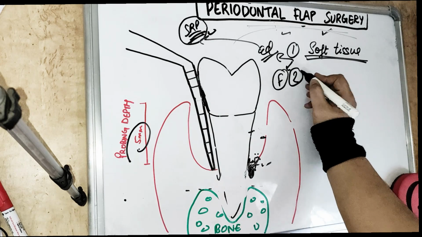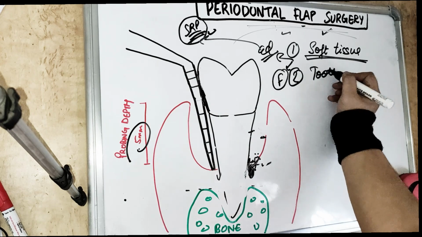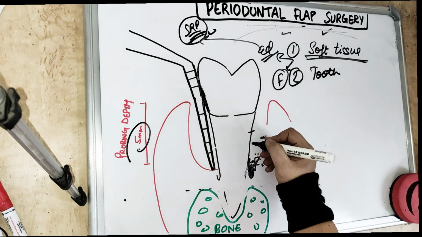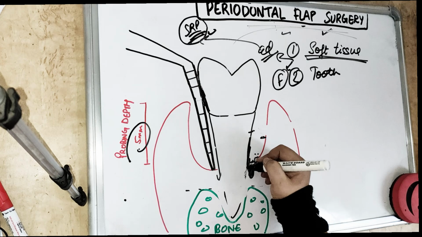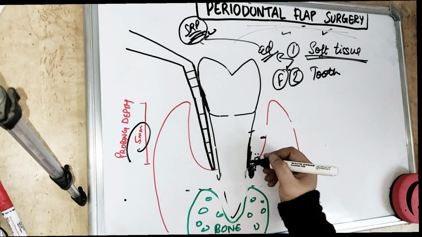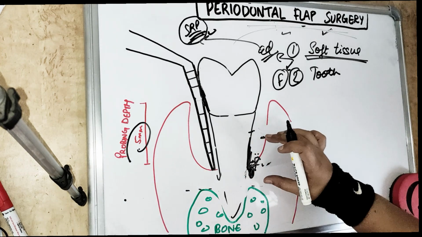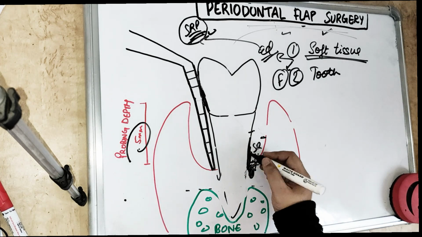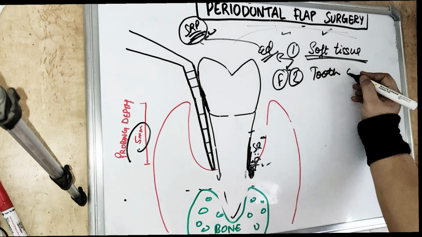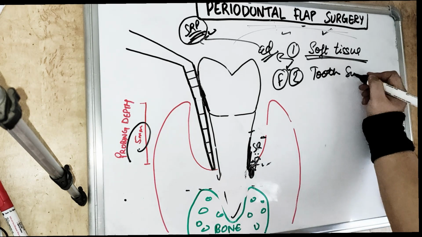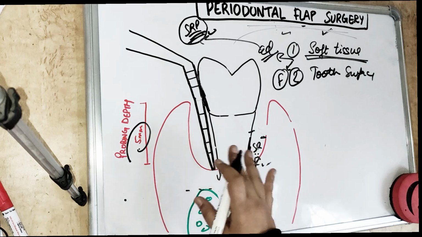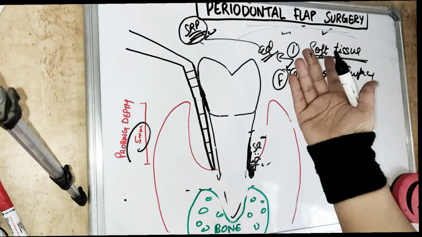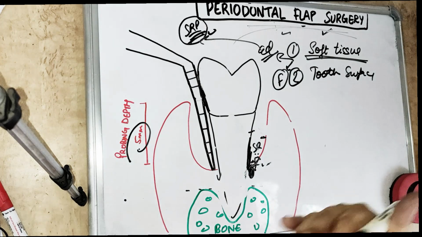The second thing is our tooth surface. First of all, you have to remove all of the plaque, calculus, and necrotic cementum. Once you remove the flap, you have to see if there is any necrotic tissue on the root surface, on the cemental surface, and you need to scrape it. So you need to do scaling and root planing at the tooth surface also, as well as the enamel surface, excuse me. The cementum surface you have to smoothen. And 1 week before doing that, you have to again do scaling and root planing. This I don't have to tell you again and again.